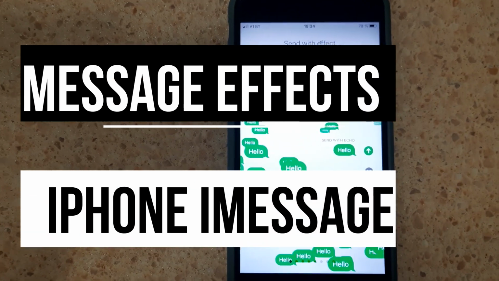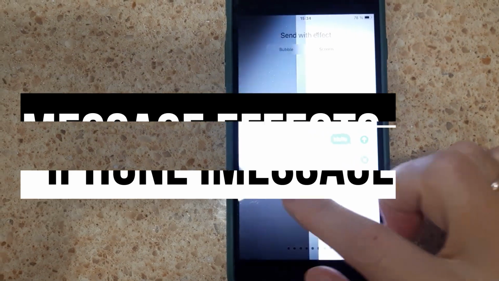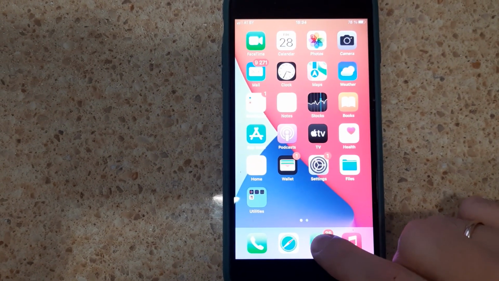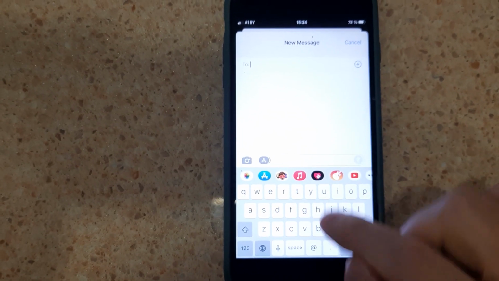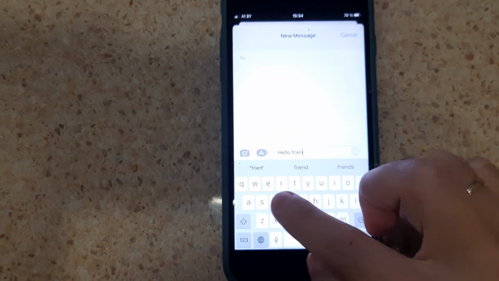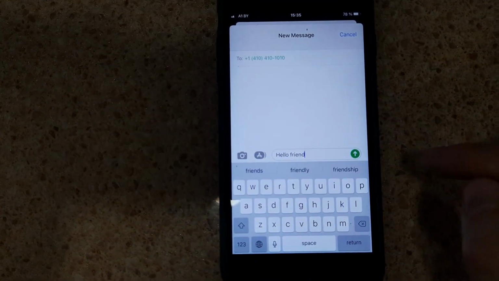Hey guys, how to use special iPhone text effects with iMessage. For this, open iMessage, then let's write a new message, say hello friend, then choose our friend's number, and we can